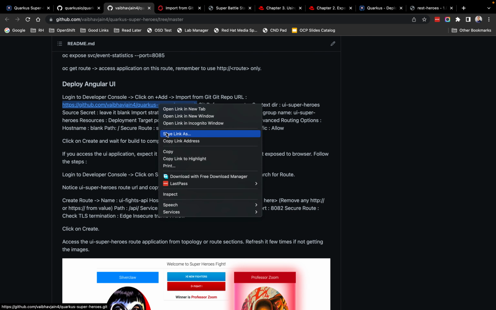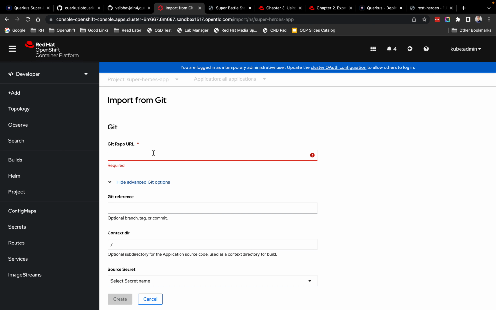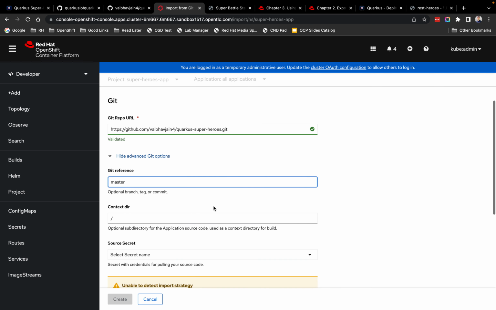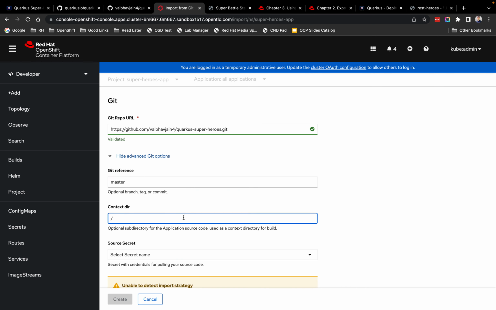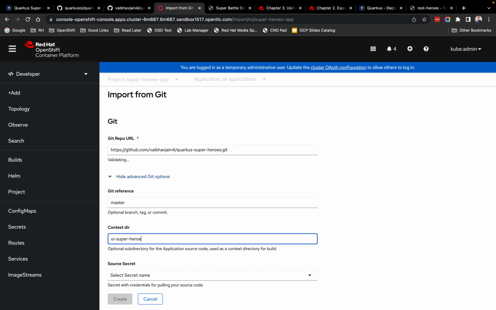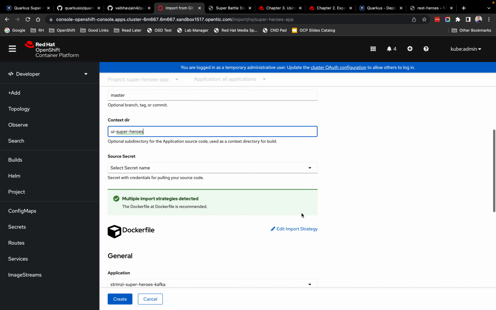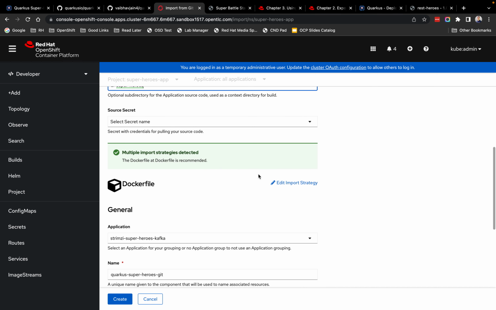This is the URL, right? So I pasted it over here. Git reference is master branch. It's not main, so you have to mention it. The context directory is UI-superheroes. And the moment I type this, it automatically identifies that there are multiple import method strategies available,